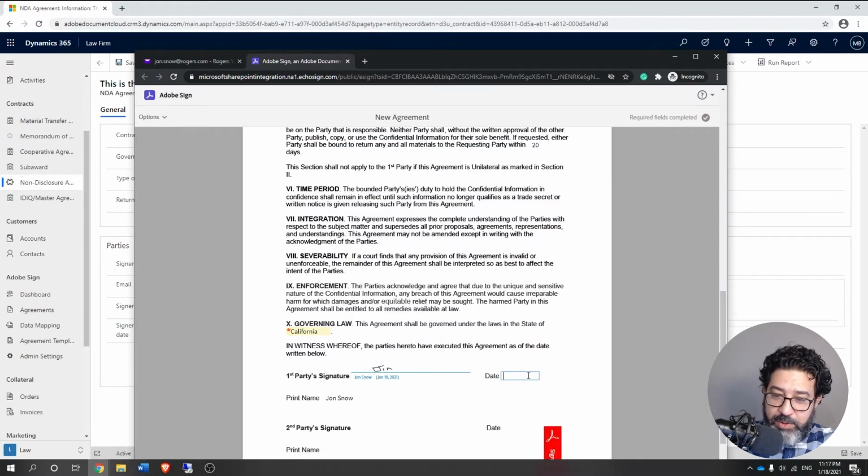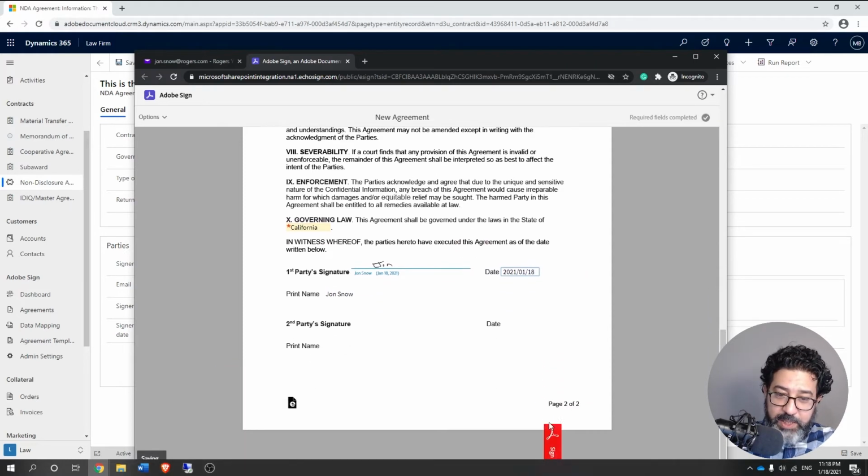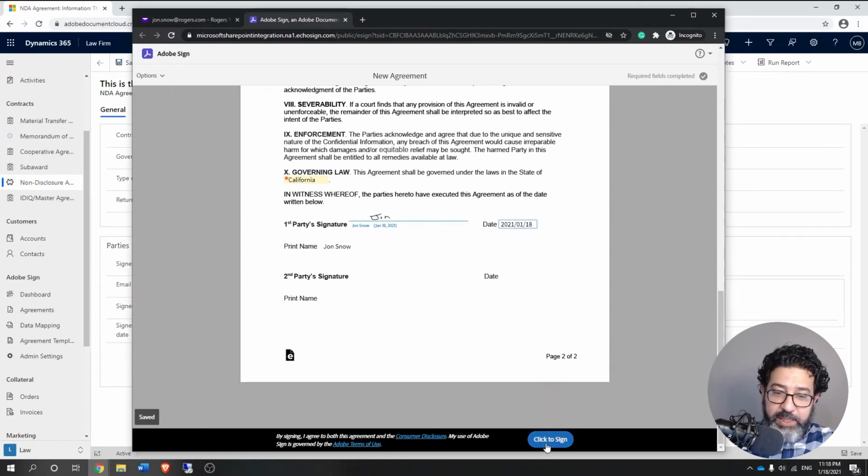And he's going to use today's date. And this field is validated. So if I use any value, it will not accept. It has to be the correct format. Today's date, and once everything is completed, he can sign.